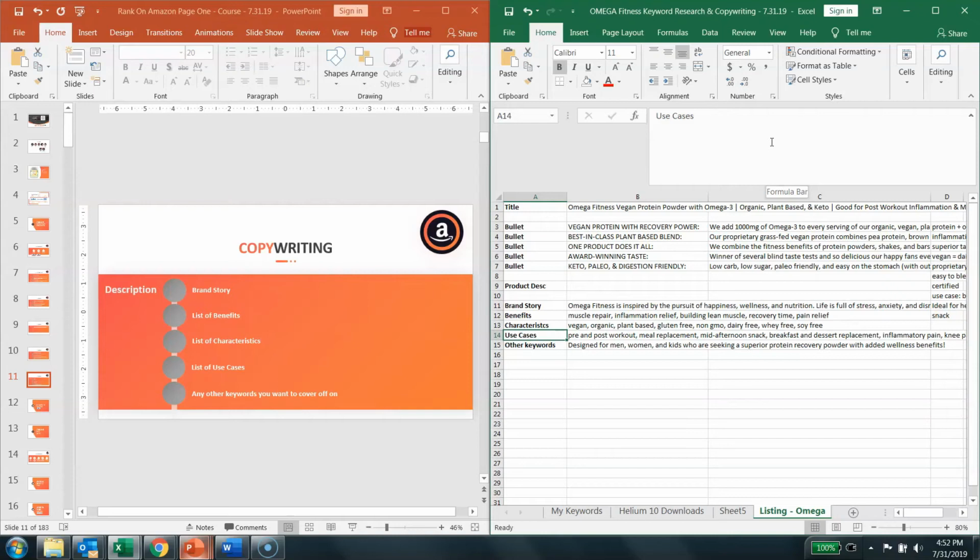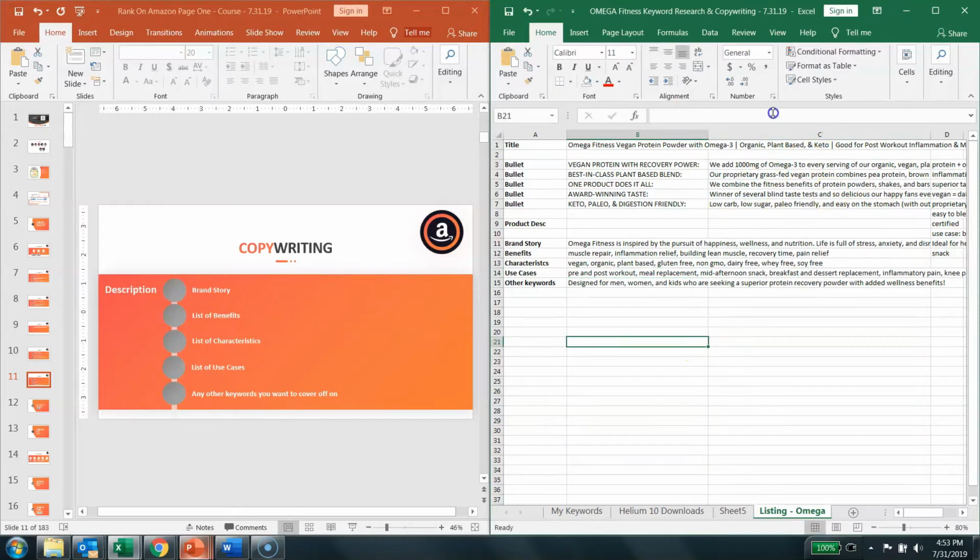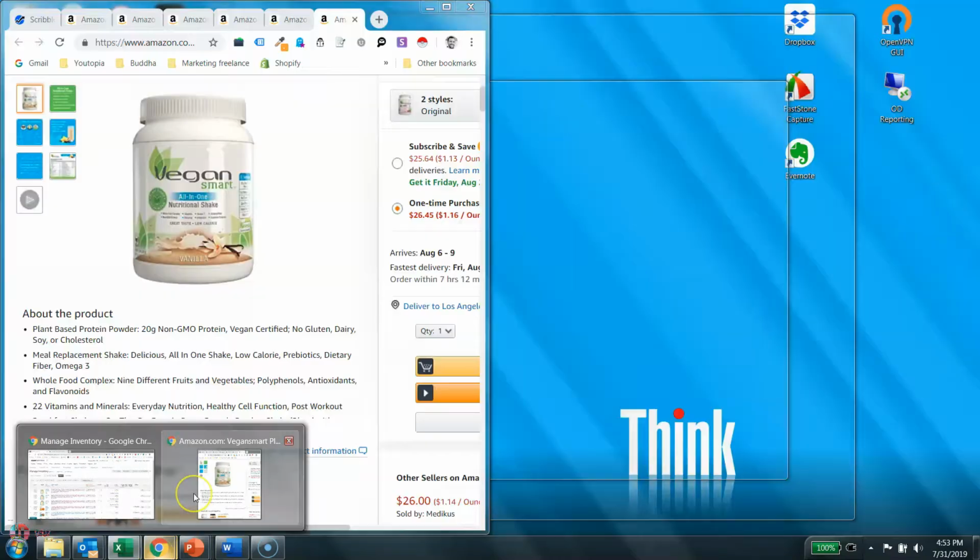So now we have a first draft of all the elements of our product page from a copywriting standpoint. We have our title, we have our bullet points, and we have our product description. And now we are going to plug these into Helium 10, a tool called Scribbles, to see which keywords that we came up with previously still need to be inserted into our product listing. So go ahead and save your Excel file, and then when you're ready, go ahead and